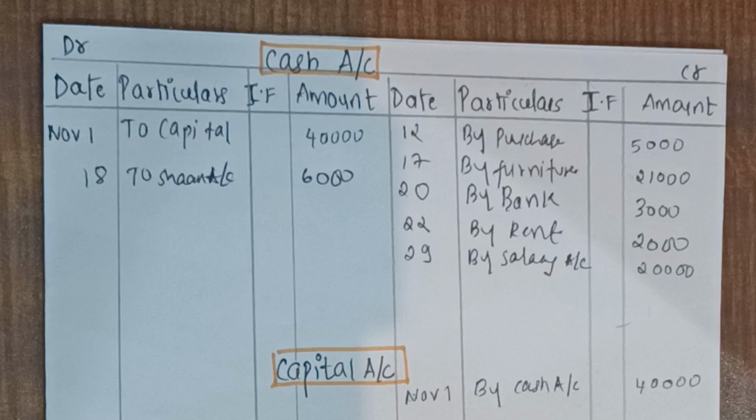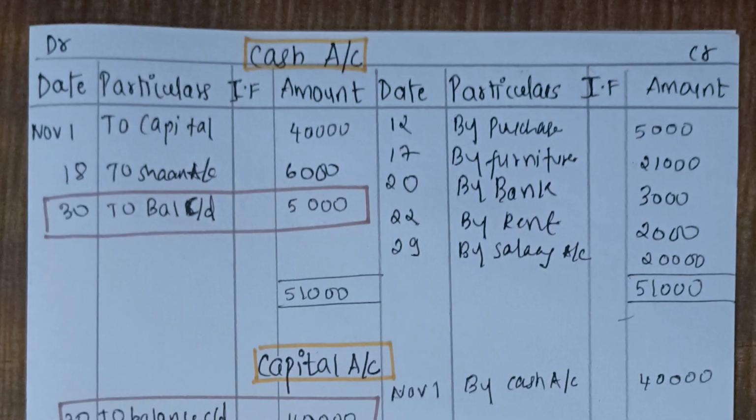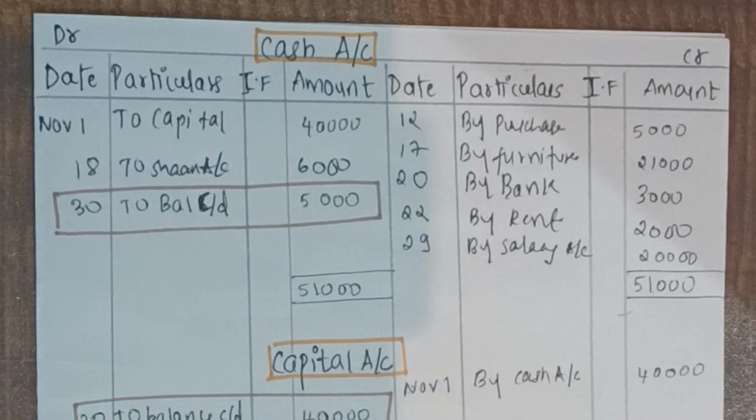So students, as we can see, we have written all the transactions and recorded them in the respective accounts. Now the next step that we have to do is total them up. It means we have to total the debit and the credit side, and wherever we get the difference, that is our balancing figure. So let's start with cash account. Okay, so now let's start totaling.